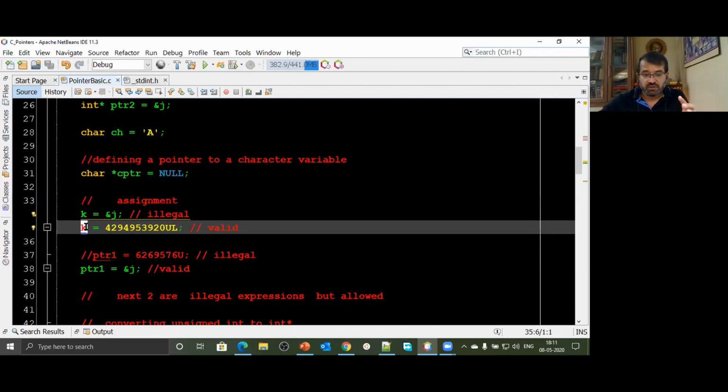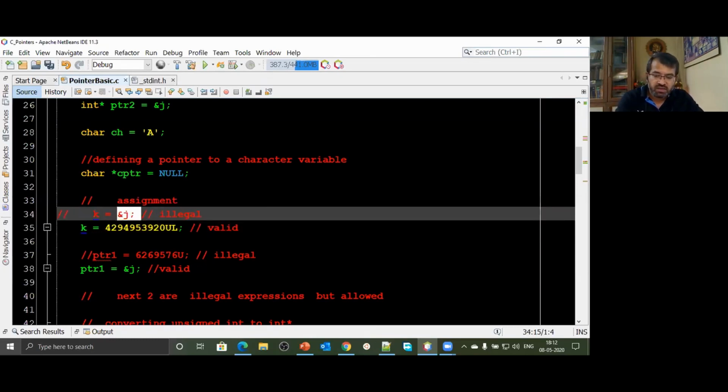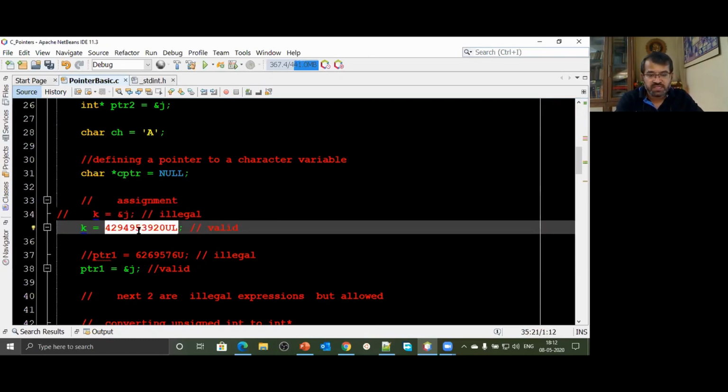It's large enough. It can store that number 4294. It cannot store address 4294. There could be a variable which stores address number 10. This variable k cannot store address 10, it can store value 10. So normal variables can store values, and only pointer variables can store address. So if I try to store an address, it's a warning. If I store the same address represented by that value, that's okay. But what I cannot store over here is the address.